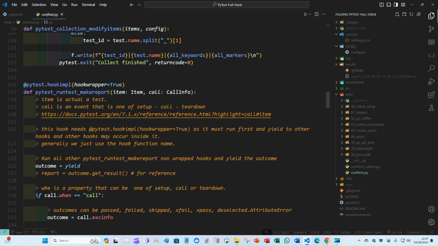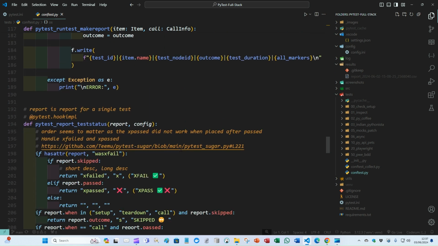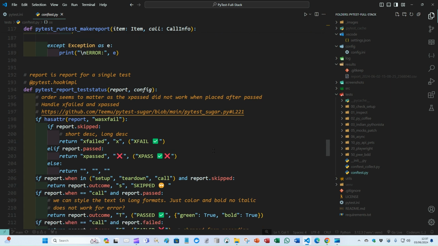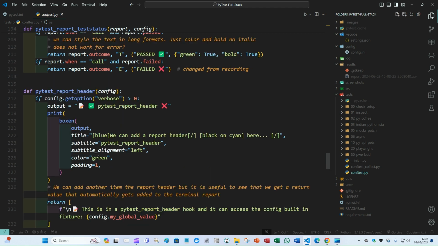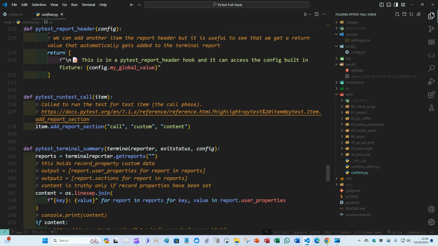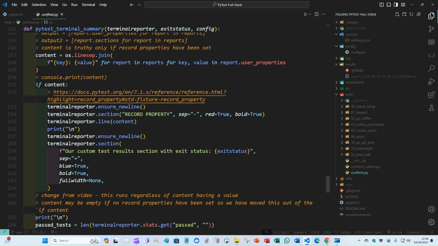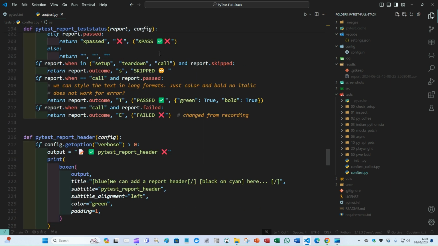And we also have hooks for making reports, and if we scroll down, we can also see the test status. This is how we get these nice words and icons in our test reporting in the console, as well as outputs in the report header, the test call, the terminal reporter, where we display different sections. We'll go into this later, but this conftest.py file holds all of these, and I'll show you then how to kind of customize things. Like if you don't want the word